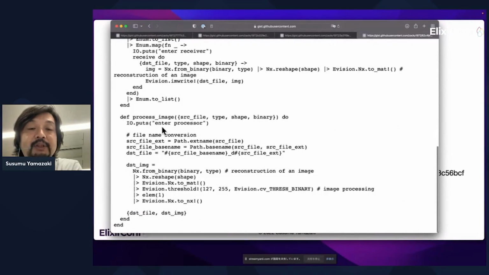Here is the process image. File name conversion and destruction of an image, and image processing.